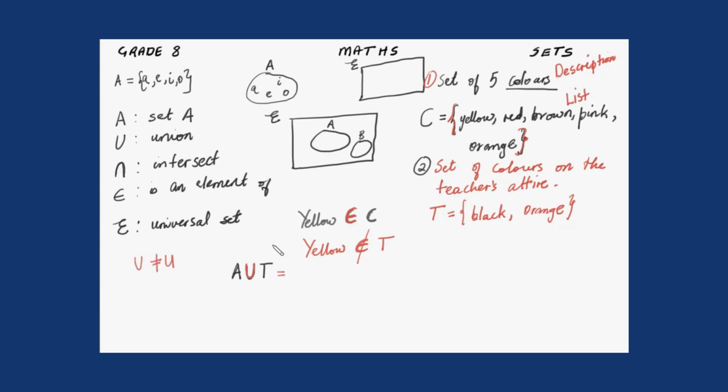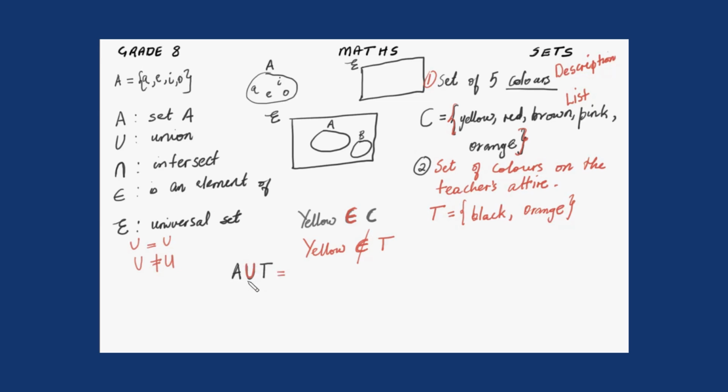So this is not equal to this. I just want to emphasize this. You know that with the equal sign, we can say this is equal to this. It makes sense. But for not equal to, we just put this stroke. In like manner, yellow is an element of C. Yellow is not an element of T. So if we are to list the elements of A union T,